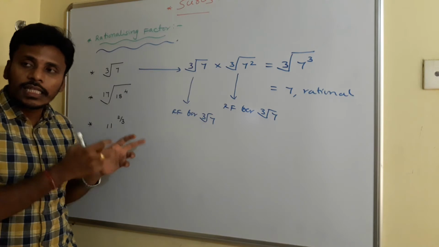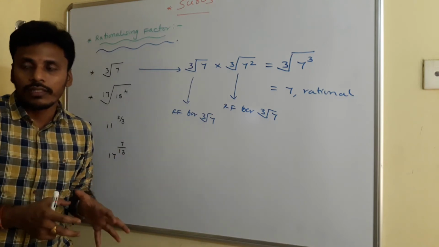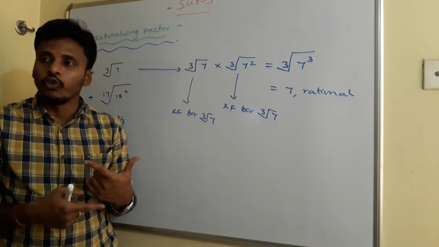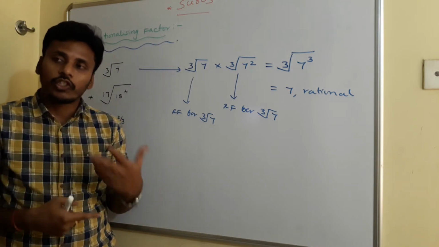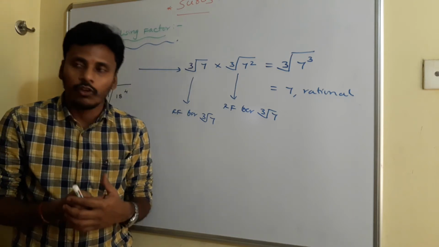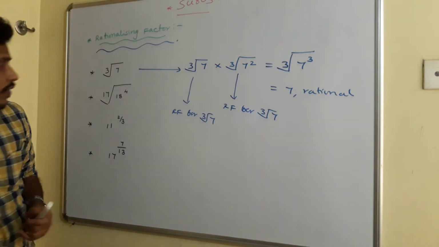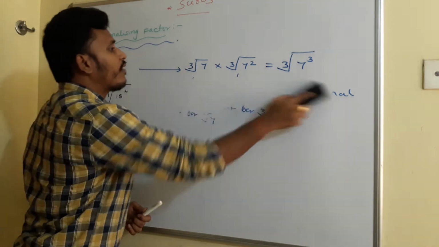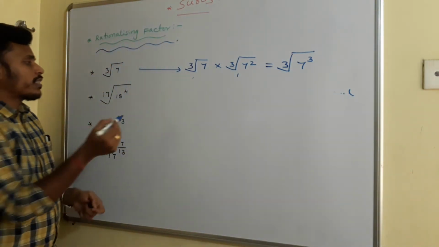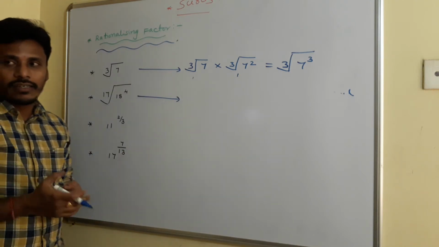So all these are simple surds, mostly monomial surds. For these simple monomial surds, I am discussing the rationalizing factor. Afterwards, we will enter into binomial surds as well as trinomial surds and everything. For all those surds, we need to identify the rationalizing factor, right? And I have another number here, which is the 17th root of 18 power 4. We need to calculate the rationalizing factor.